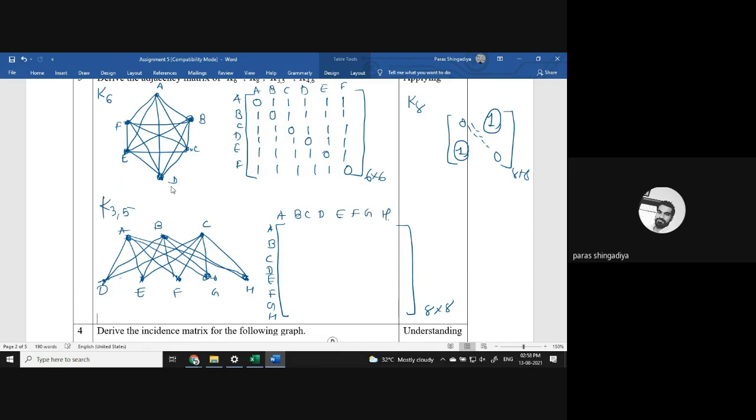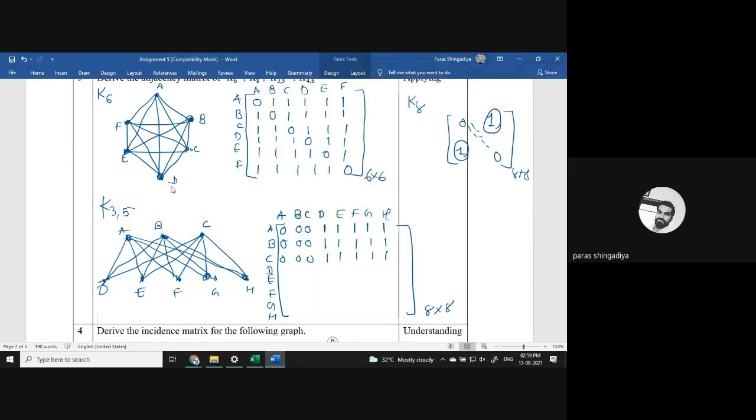Now let's find the entries of each row. In the first row, A is not connected with A, B, C. ठीक है? A जो है ABC के साथ connected नहीं है, means they are not adjacent. But A is adjacent with D, E, F, G, H. So the first 3 entries will be 0 here, and the rest of the entries will be 1. That repeats in the second row as well as the third row, because B is also not adjacent with A, B, C, but B is adjacent with D, E, F, G, H. C is not adjacent with A, B, C, but it is adjacent with all the opposite 5 vertices. These 3 rows will be the same.